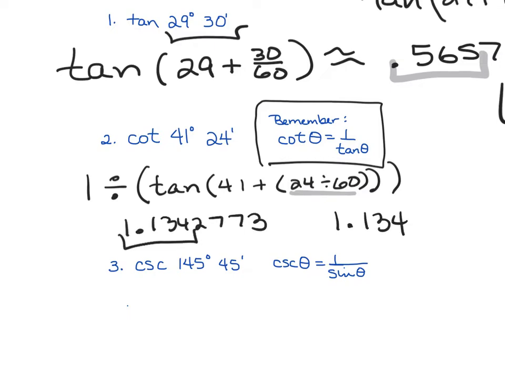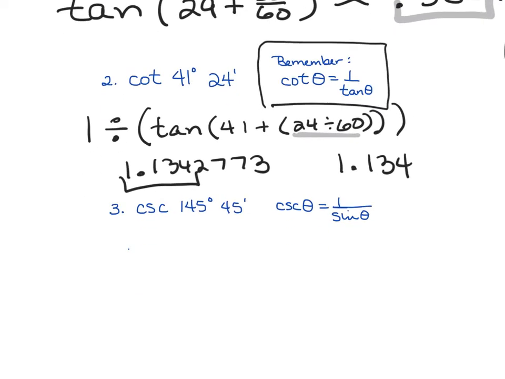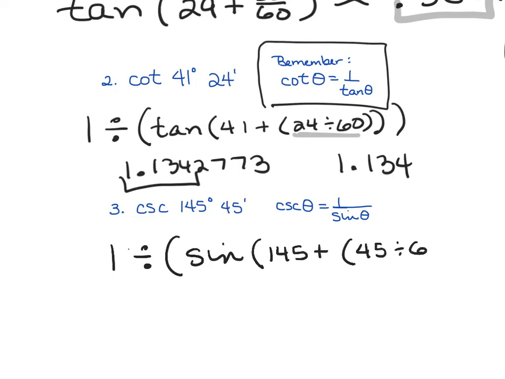Again, truncated, 1.134. So remember, cosecant is the reciprocal of sine. So for this one, when I enter it in my calculator: 1 divided by, parentheses, sine, parentheses, 145 plus, parentheses, 45 divided by 60, close parentheses, close parentheses, close parentheses. And this will give us 1.7768146, truncated to 3 places,